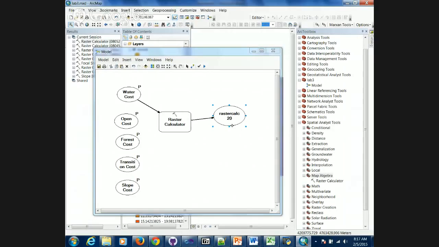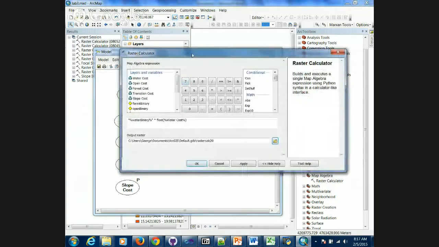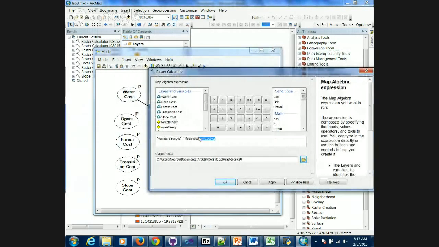Okay. So if we go into the raster calculator, we can create our big expression. So far, I'm just going to delete this because we'll just do it all from the beginning. So we say water cost times the water data set. And I'm going to put them in parentheses. I know multiplication should already work, but I'm not trusting. Open cost, put these in parentheses again. Open cost times the open binary data set